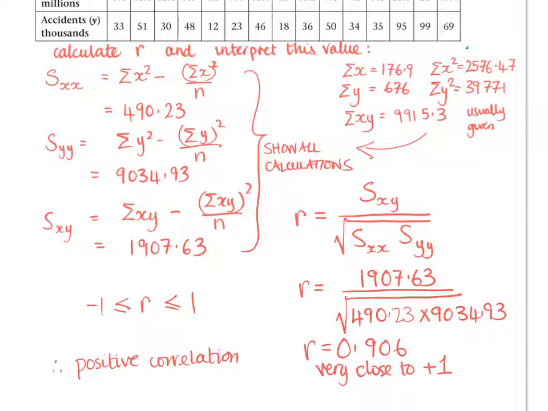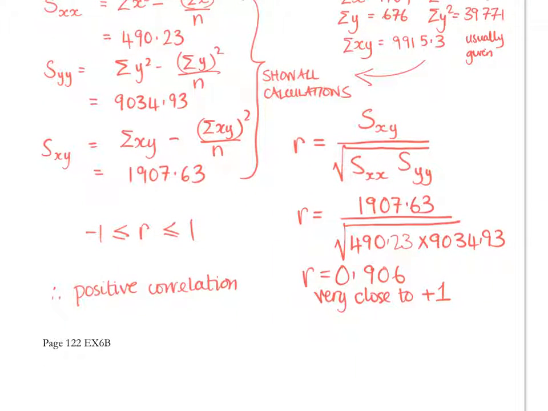And if we look back at the table, we've got the number of vehicles and the number of accidents. So the greater the number of vehicles, the greater the amount of accidents. So that's what it means if we interpret it. So if we look at the positive correlation, it means the greater